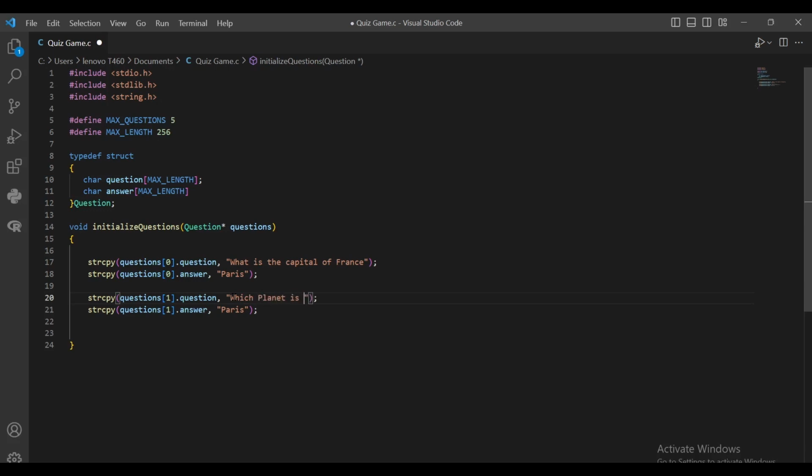Which planet is known as the red planet? So the answer here will be Mars. And as well I'm going to the third question, and the third question will be,